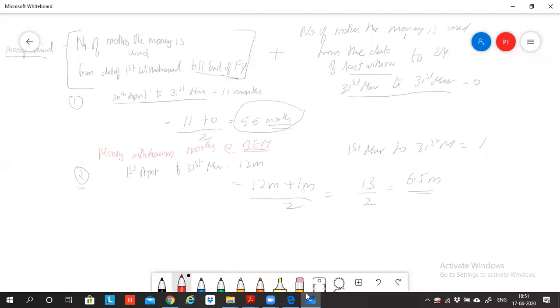If I am withdrawing the money in the beginning of every month, now please tell me, if I withdraw the last amount in the financial year, on what date will I withdraw it? 31st March, sir. Beginning, so my withdrawal is monthly. 1st March, sir. Yes, sir. Beginning of the month is 1st March, not 31st March. Yes, sir. See the formula.